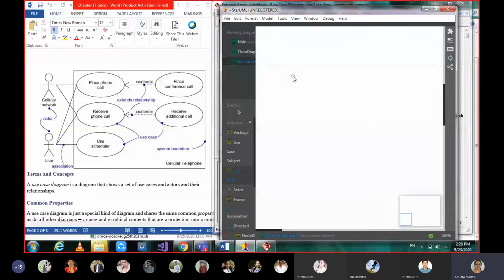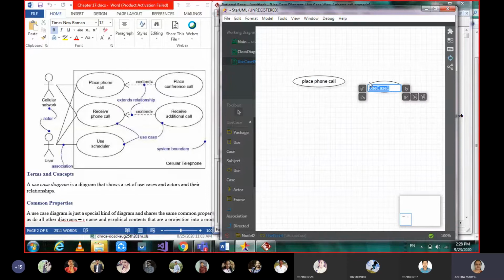Then you have to start typing phone call. Each tool has different things, but everything serves the same purpose only.